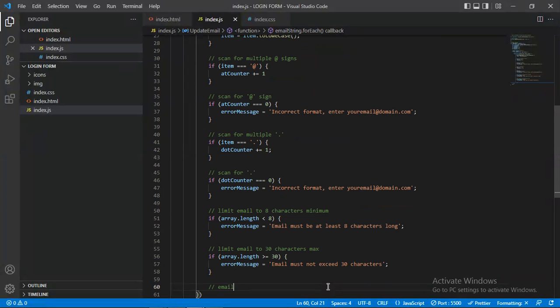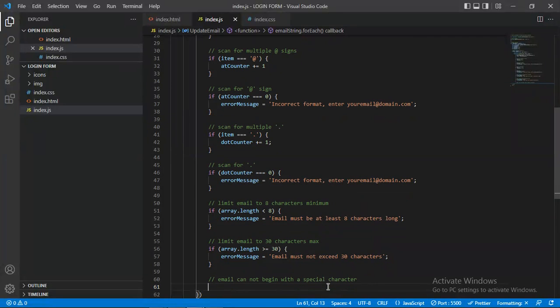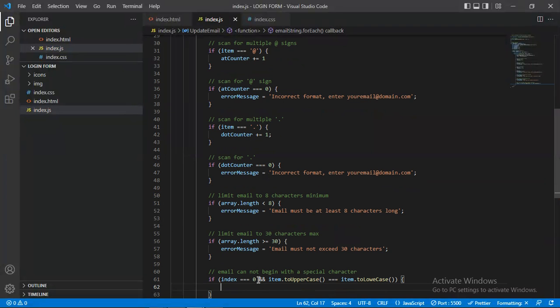Email and if index is equal to 0 and its function equal to lowercase function means if this is the first element we are executing this function on and our item we are observing,